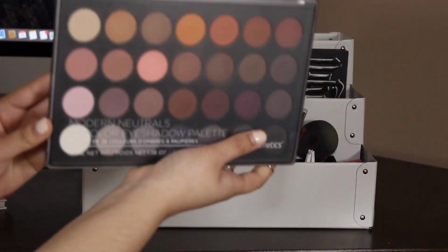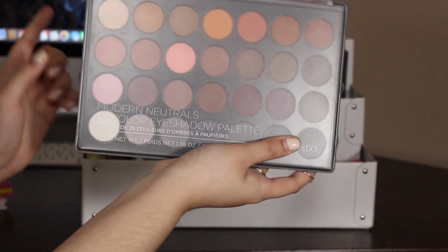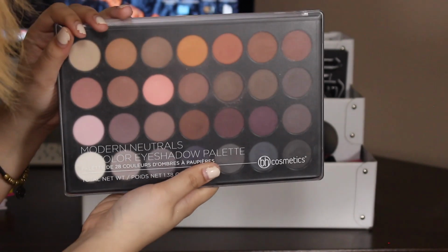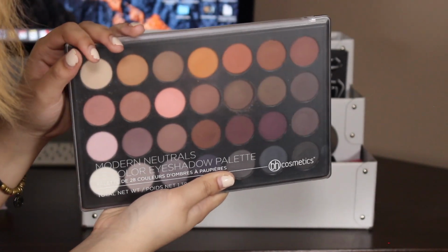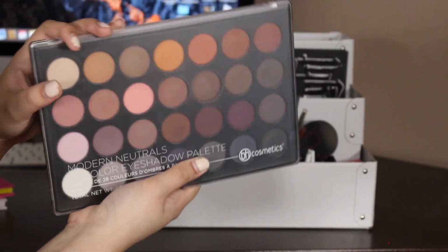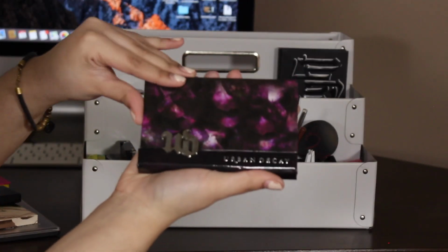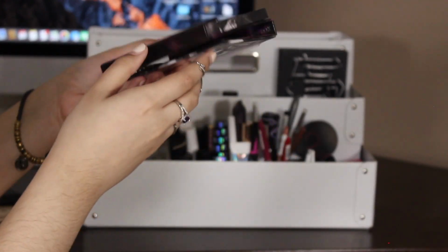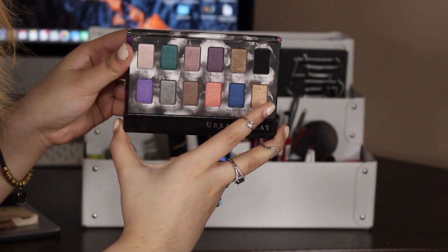Over here I have my drugstore palette. So this is the BH Cosmetics Modern Neutrals 28 color eyeshadow palette. I talked about this a while ago, but this is still a great, amazing palette, and it's just amazing quality for the drugstore. This is the Urban Decay shadow box, I believe, and I've been trying to use this more,